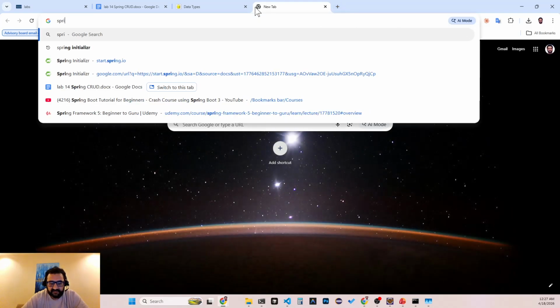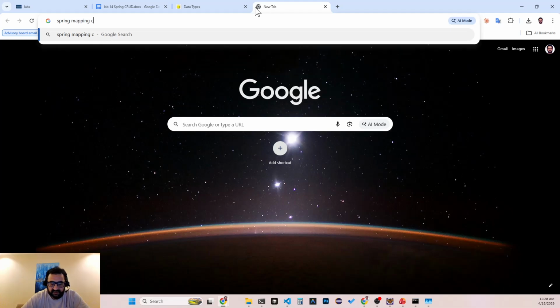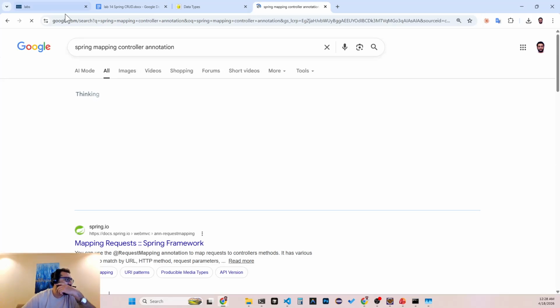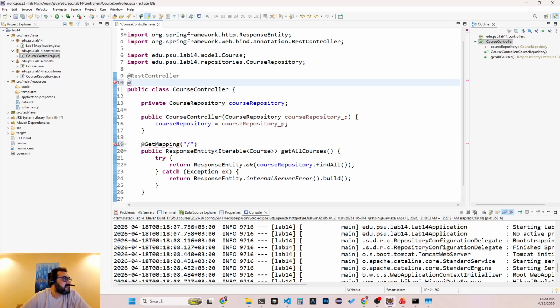So Spring mapping controller annotation request mapping. Okay, so here it's a request mapping. Okay, and here we have to specify